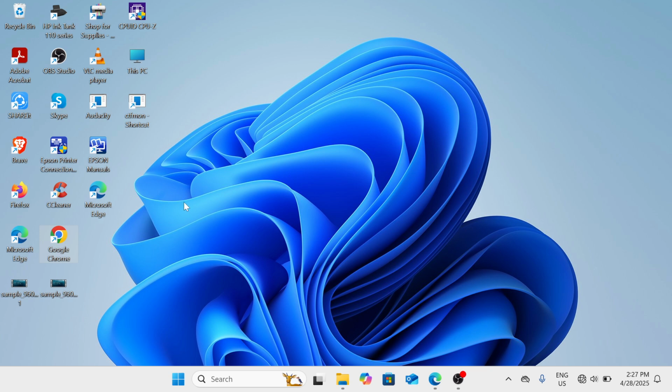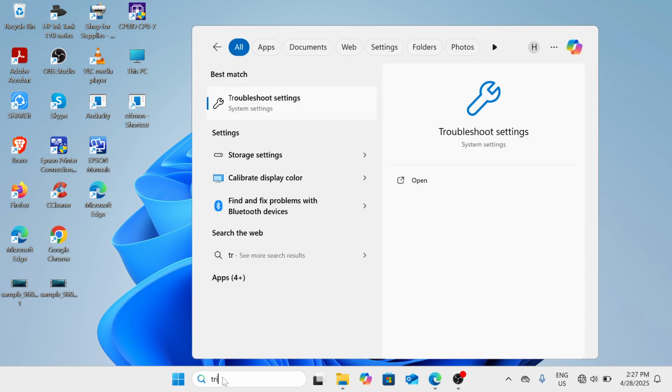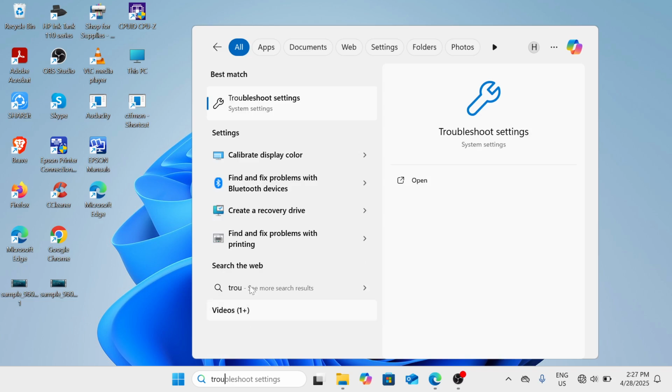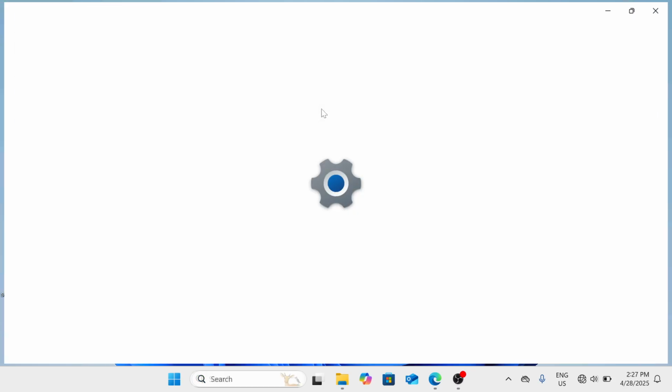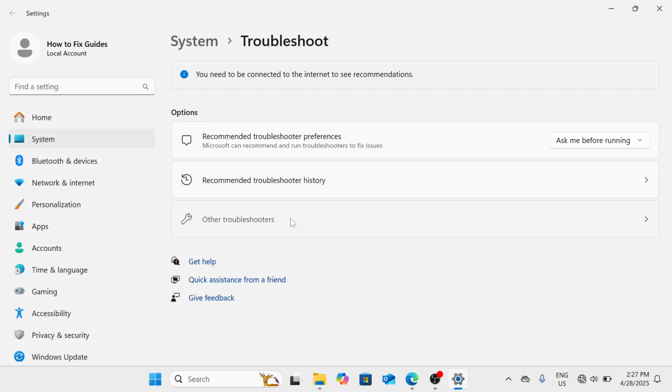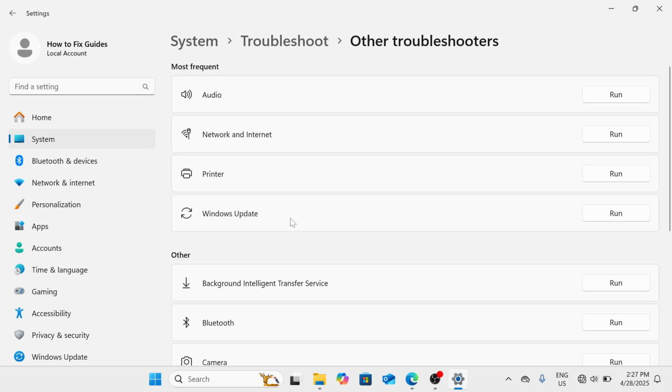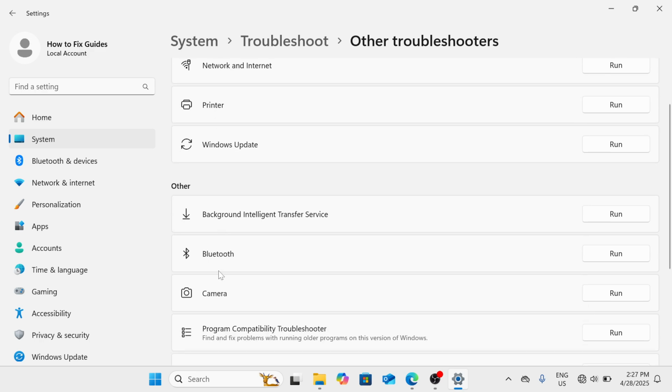After the restart, use the Bluetooth troubleshooter if the problem is still not fixed. So open the troubleshoot settings. Here in the Windows search tab, type troubleshoot, and then under Best match you will get the Troubleshoot settings option. Here all you need to do is click on Other troubleshooters, and then you will see the Most frequent section and the Other section. Find and fix other problems and select Bluetooth. Click on this Run button here so that it will detect and diagnose what the problem is,